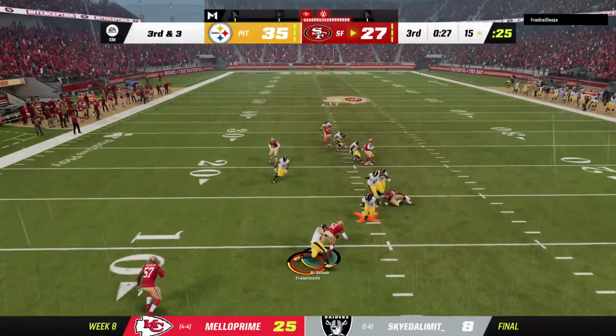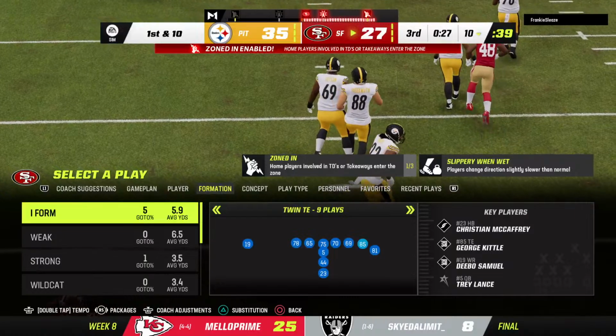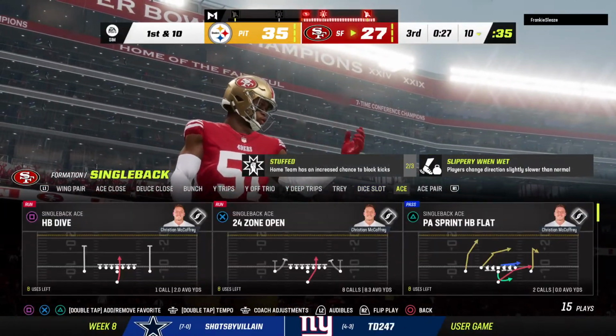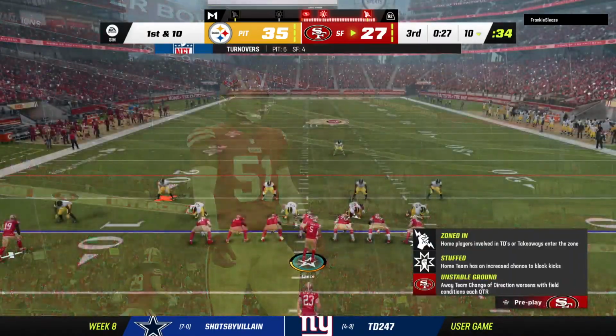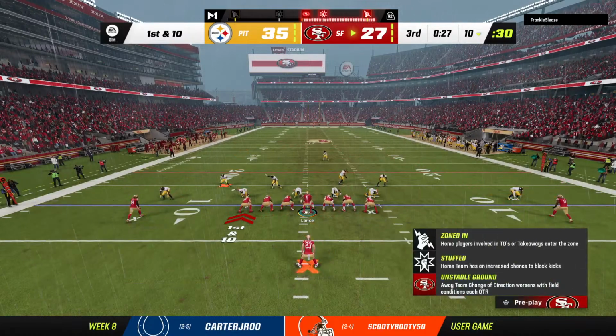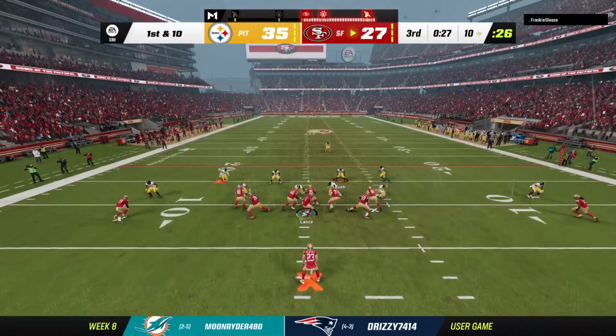And now here's another interception. And the Niners force the turnover. They'll take over at the 10. What a nightmarish game he's having now. 6 interceptions that he has thrown. Absolutely unbelievable, isn't it? Hard to believe we're watching this and have seen it, but it just tells you about